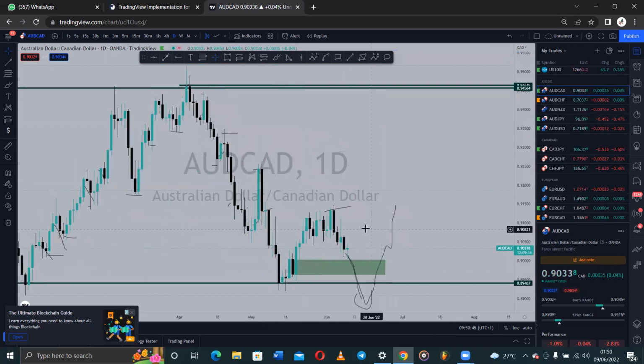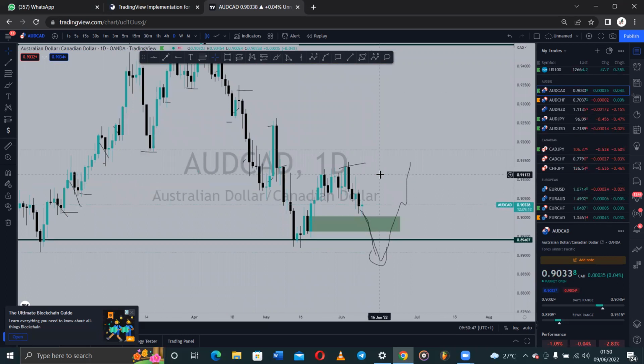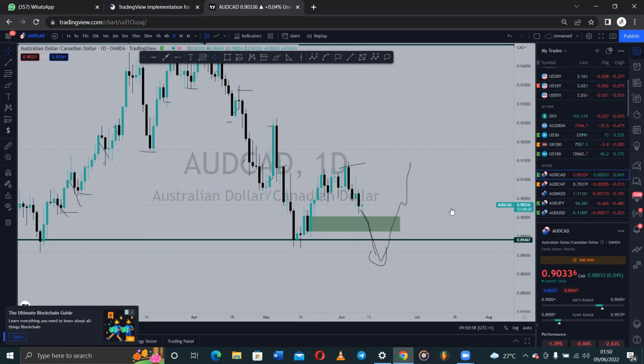So my deduction from this is we expect it. Let us see what it will do around here. And for the meantime, let us see how CAD reacts to other pairs and see how strong it will be. So that is it on this pair. So I'll quickly go to